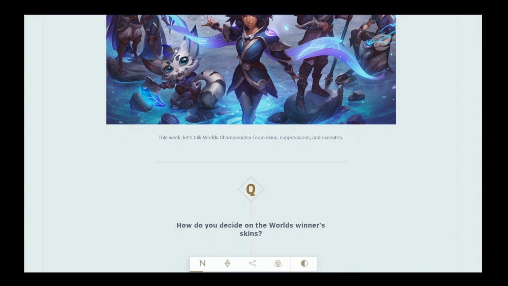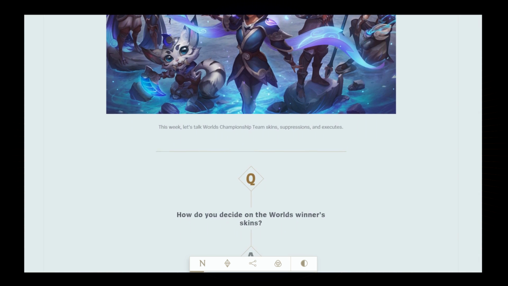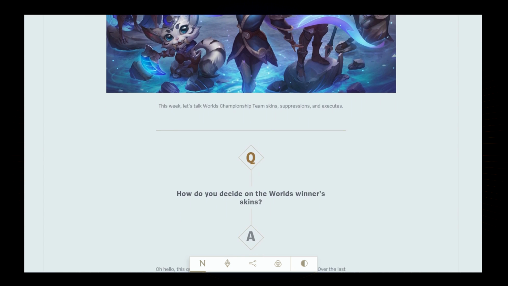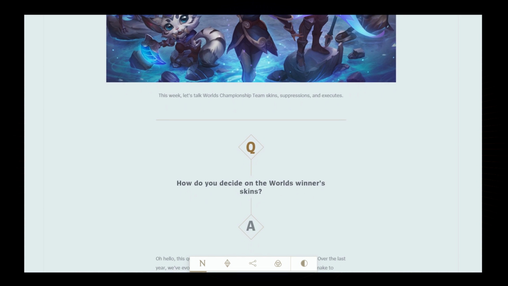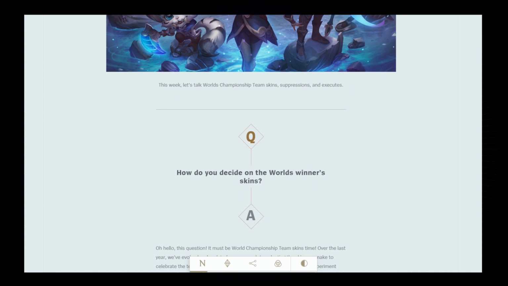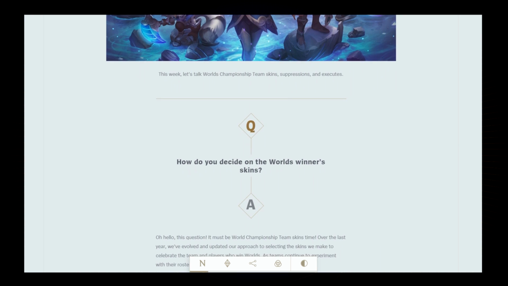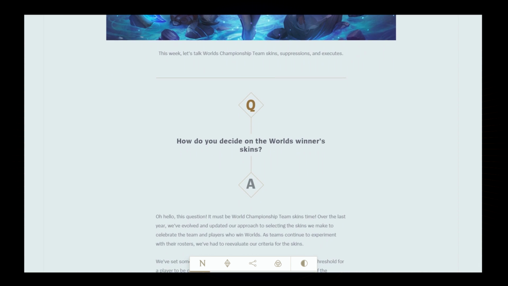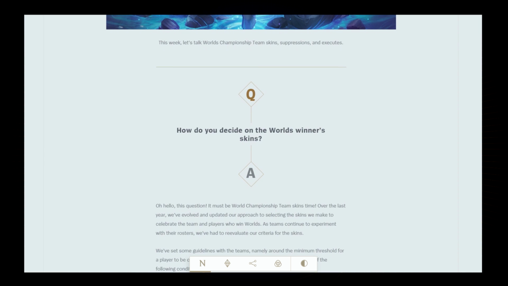Over the last year, Riot updated their approach to selecting the skins to celebrate the winning teams and players. This was done to adapt to teams experimenting with their rosters. So now they ask the players to meet at least one of the following conditions. Number 1. Participate in at least 2 play-in games that had an impact on the team's advancement to the knockout